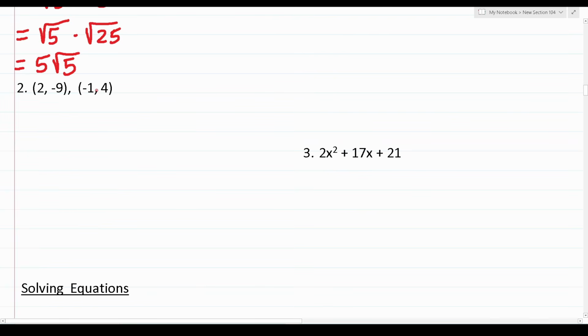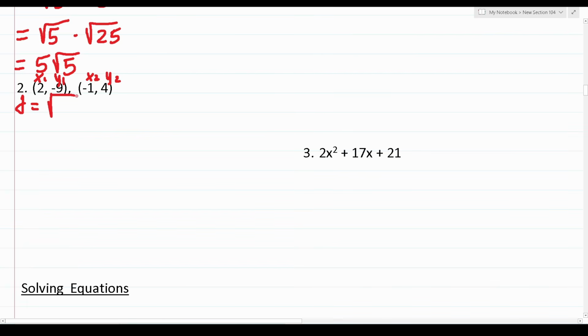All right, so for number 2, we're trying to find the distance between 2 points on the line. And as we can see, those 2 points are 2, -9, as well as -1, 4. To start, I'm going to go ahead and label these values accordingly. Again, I know this is going to be x1, y1. I know this is going to be x2, y2. What's more, I know that I'm going to be plugging those values into the distance formula, which is d is